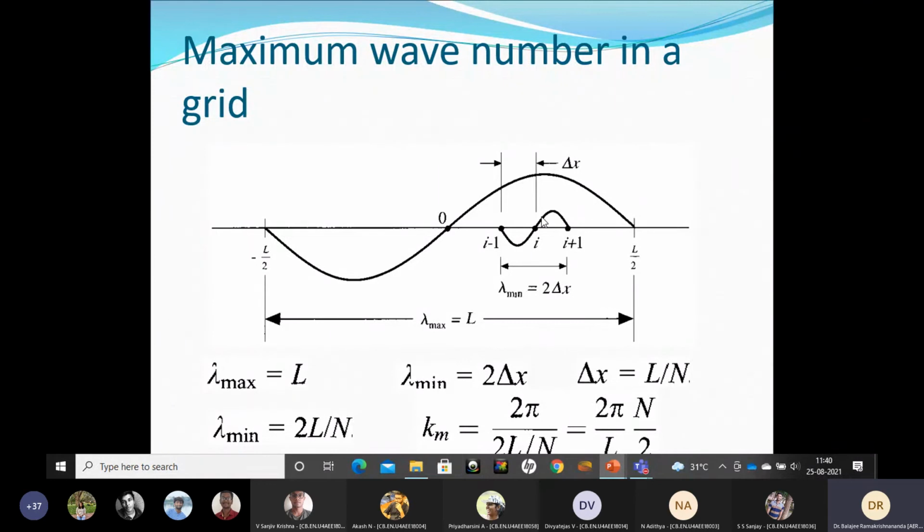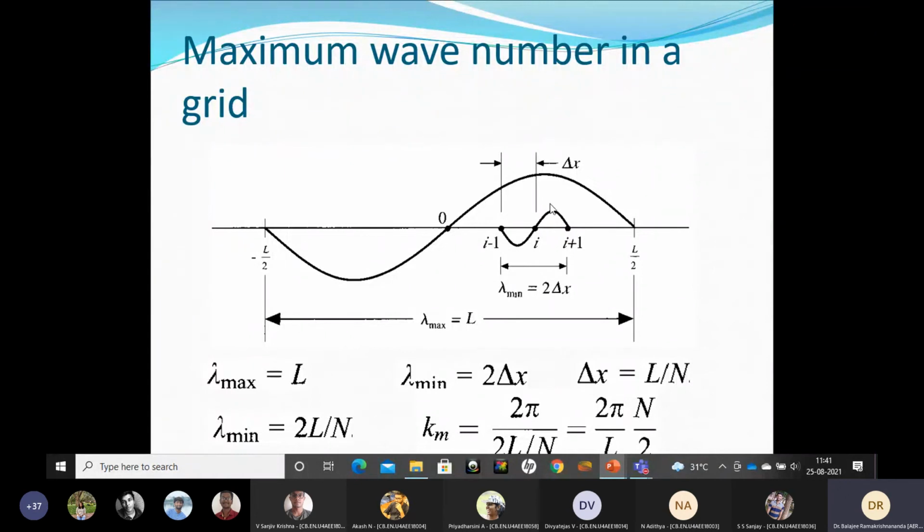If it is continuous, you can keep on reducing the wave and the series can go up to infinity. But here you have a number, you have to stop within a certain number. You cannot have waves which are smaller than that. This inherently assumes that errors propagate as a sum of these waves. So the largest one, k is equal to 1, is shown here, and the smallest one possible on this grid is the smallest wave given by this.